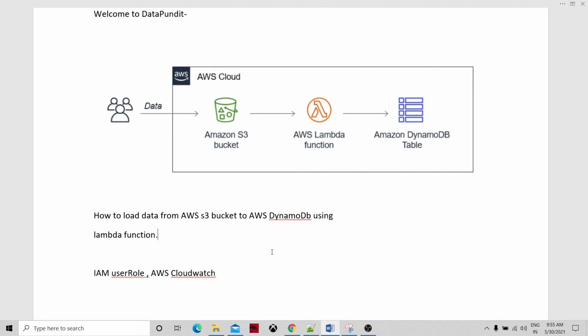SageMaker for data science and machine learning use cases. So in this use case particularly, data would be ingested from the users from different mechanisms or different source streams into the S3 bucket, and then the data would go into Amazon DynamoDB via a Lambda function. So we have to automate this process, and we are going to use serverless computing, which is